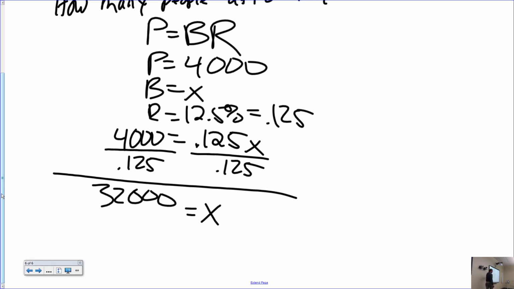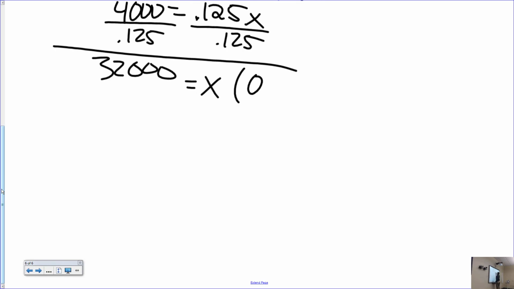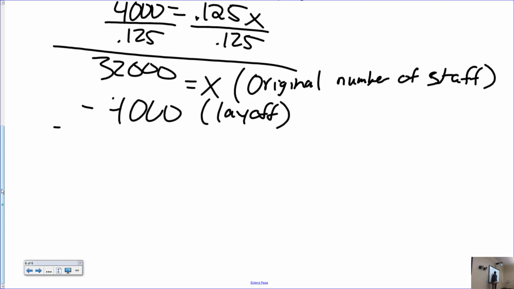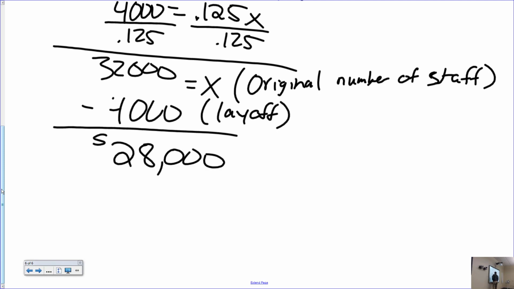So is that the answer to the question? No, because what did I ask for? After the 4,000 layoffs, right? So this is the original number of staff. And so to get after the layoffs, subtract your 4,000 people laid off. You are down to 28,000 people after you have laid off the 4,000